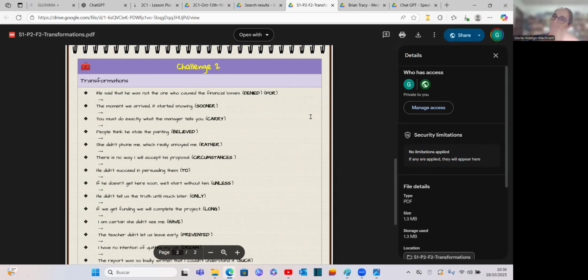But if you replace one with another, it does not mean that you have to keep the rest of the sentence in the same way. It might provoke a change in the sentence. So obviously, if you use "deny", you cannot start your sentence with "he said". Obviously, there is some kind of change that you will have to apply to the sentence. That's why